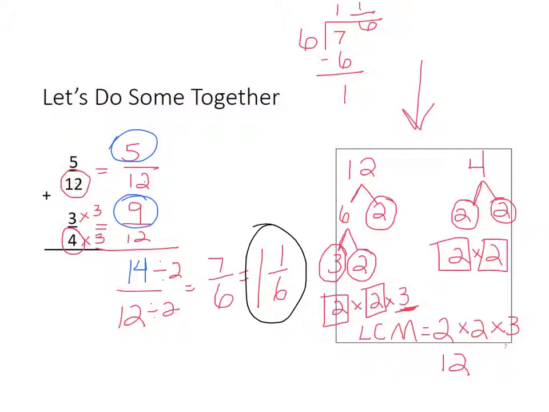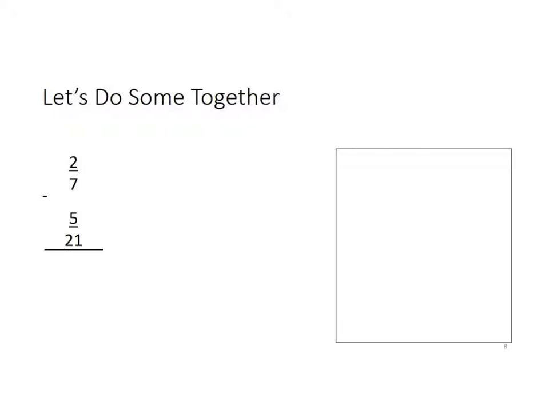Please stop the video so you can make sure that you get this all written down on your notes before you go on to the next slide. Okay, let's do another one together. This time we're going to take 2/7 minus 5/21. First thing you notice is, of course, the denominators are different, which means we're going to come over here to our workbox,